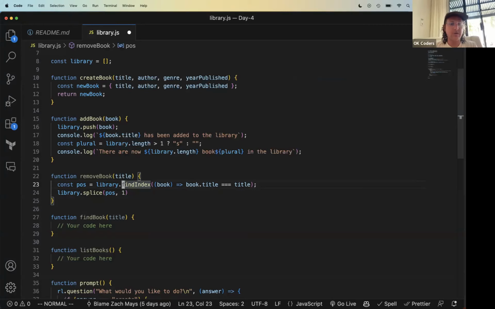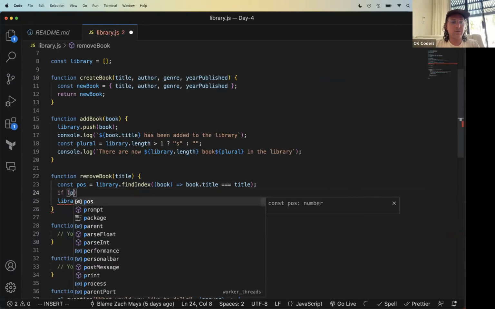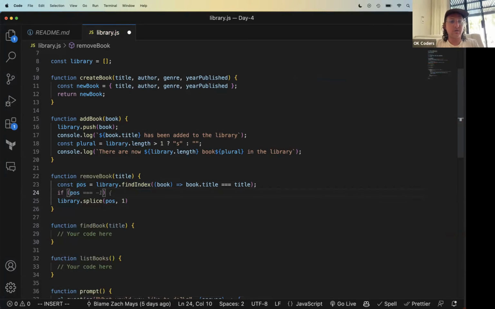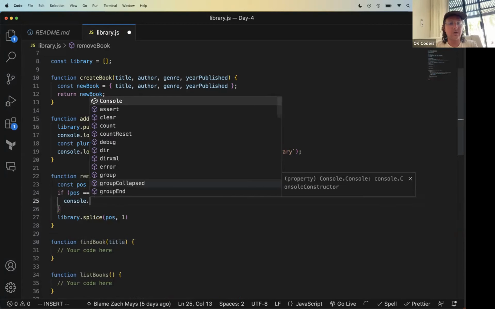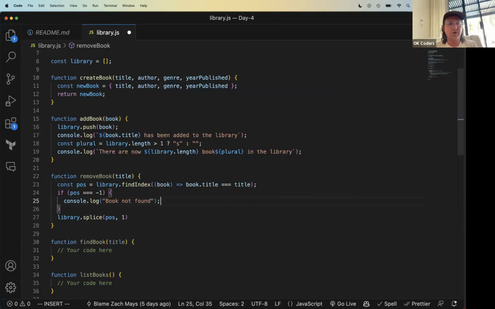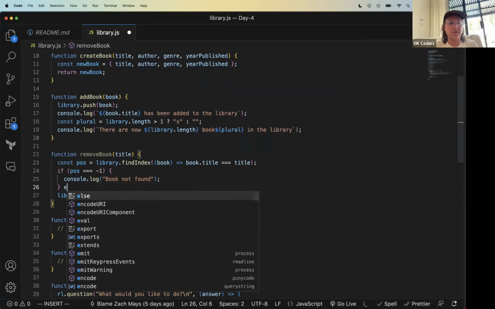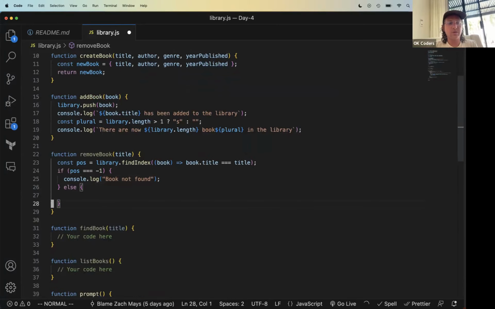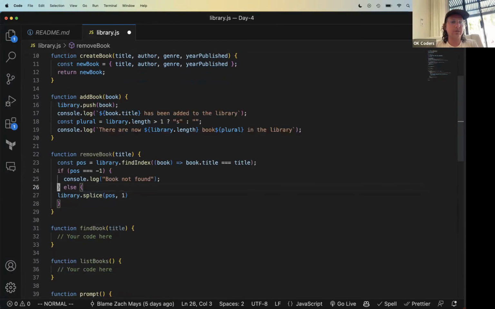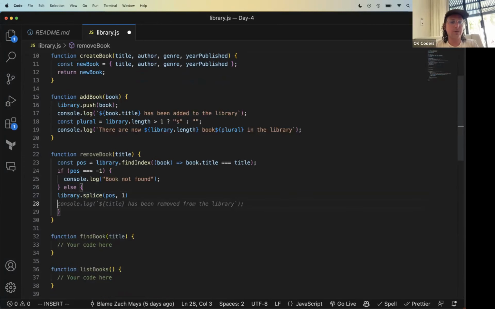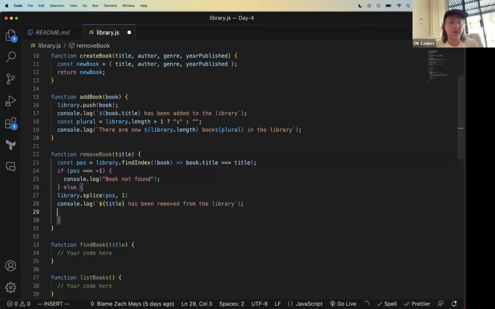So basically, if position equals -1, we can say, book not found. Otherwise, we would splice it. Okay, and then we would say, title has been removed from the library, very good. And then